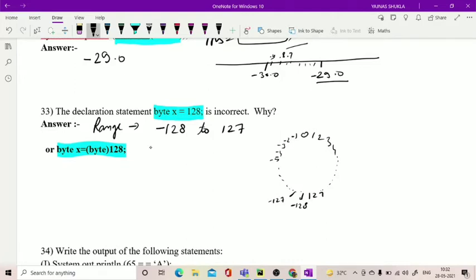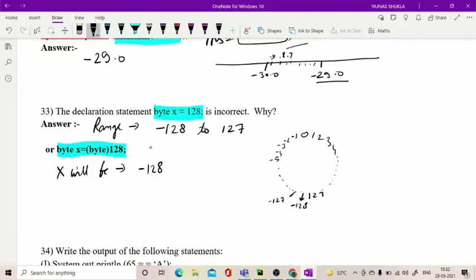Now could you guess the result? X will be minus 128. After 127, what is coming? Minus 128. Alright. 127 plus 1 is minus 128.